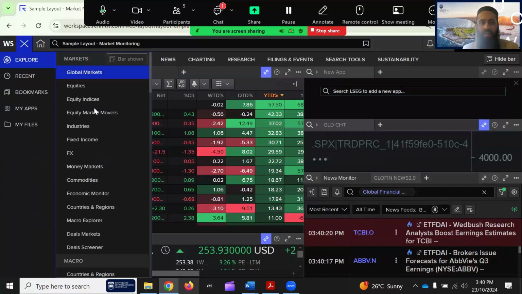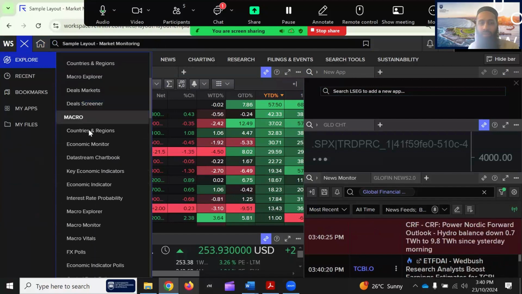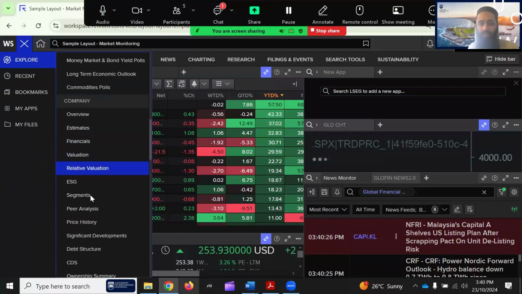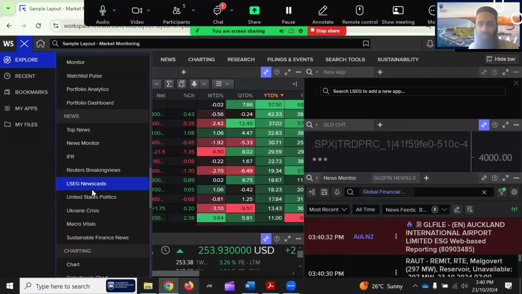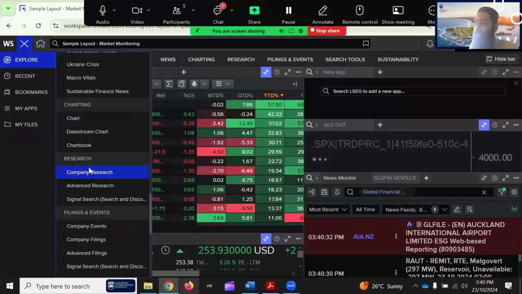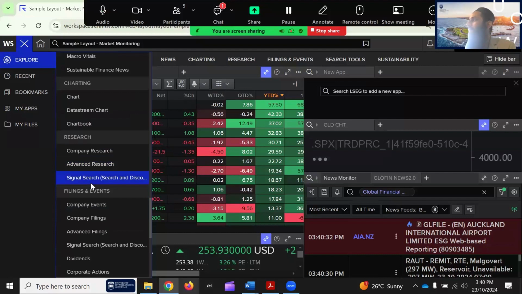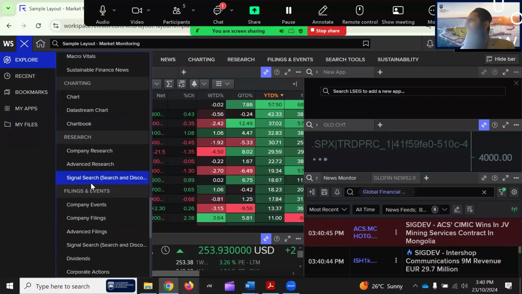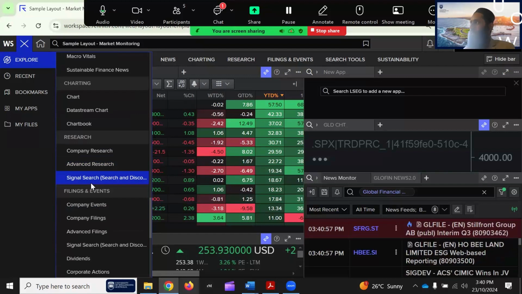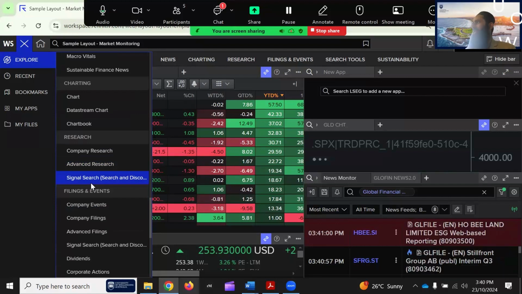It says you have the market level data, the macro level data, company level data. They have given a few subheadings: portfolio level, news, charting. Refinitiv also gives research on companies. A quick question: it is all public companies. Do you have any platform where we can get private companies? Yeah, they have private companies. I'll show you on the screen, but I haven't explored it much. Maybe you can try yourself and see how much data is available. They say they have private deals and private companies.